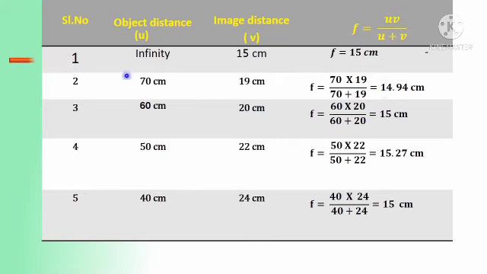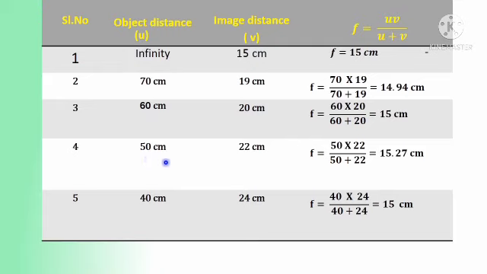Then next, object distance 50 centimeters, image distance 22 centimeters, focal length f equal to 15.27 centimeters. Next one, object distance is 40 centimeters, image distance v equal to 24 centimeters.